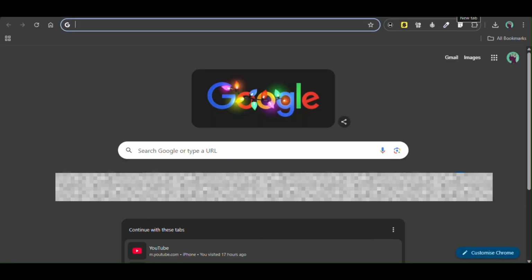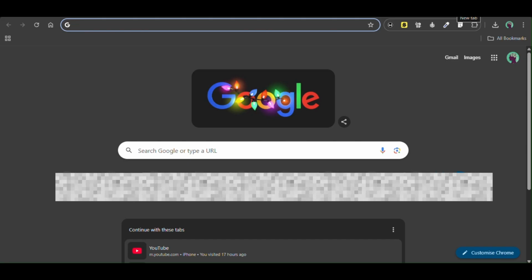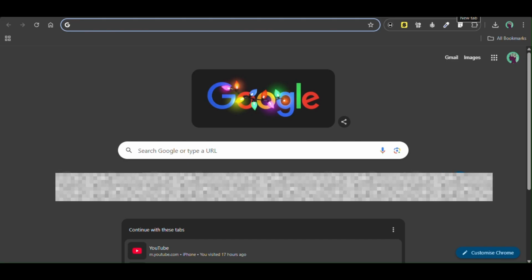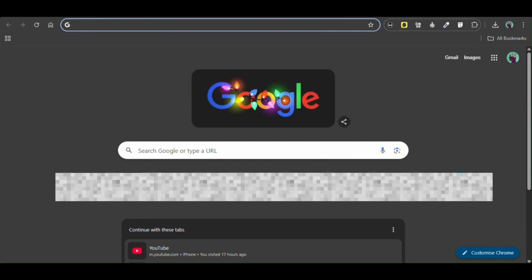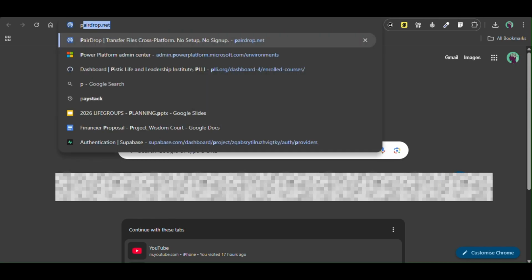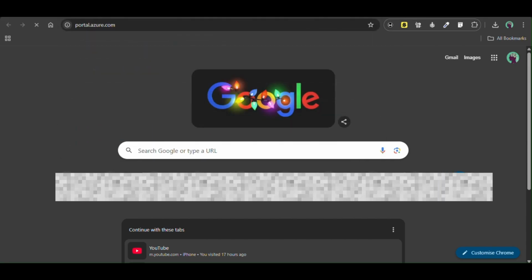All right, today we'll be quickly showing how to create a virtual machine on Microsoft Azure. Okay, to create a virtual machine on Microsoft Azure, all you need to do is to go to portal.azure.com and